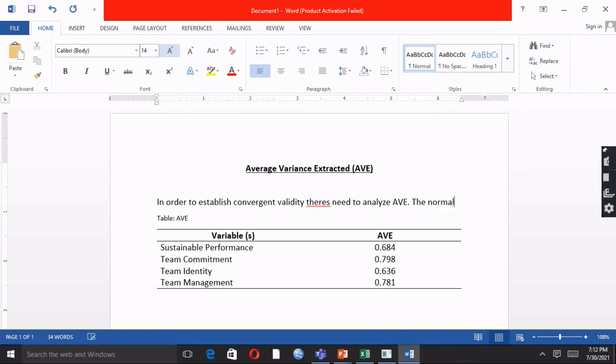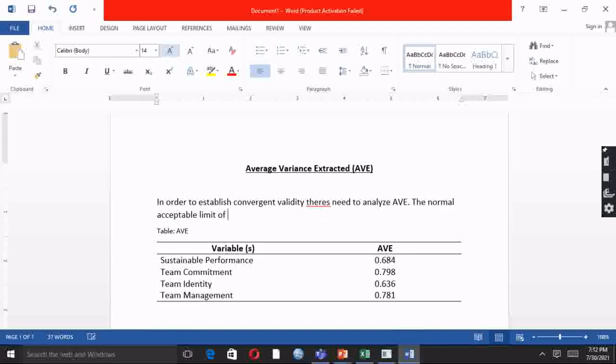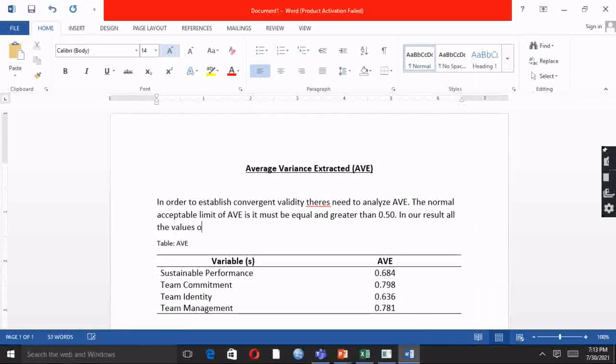The normal acceptable limit of AVE is that it must be equal to or greater than 0.50. In our result, all the values of the variables are greater than 0.50.